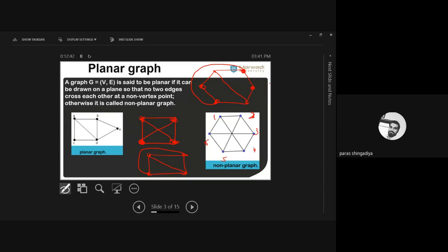So if we connect in between 3 and 6 to the inside region, it will be crossed with the inside edge. And if we connect to the outside way, so still it will cross with this edge. यहाँ पे cross हो जाएगी, ठीक है? It will be cross at that place, and if I connect to the inside, it will be cross at that place. Clear?